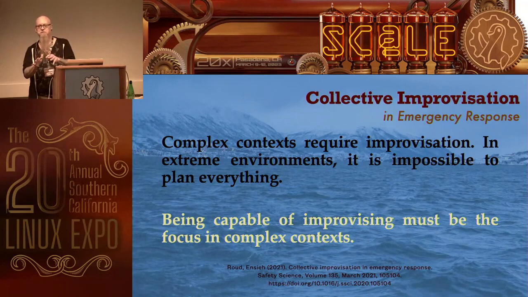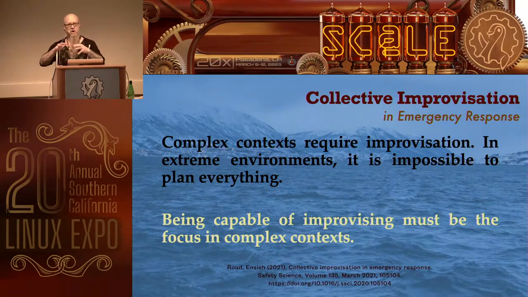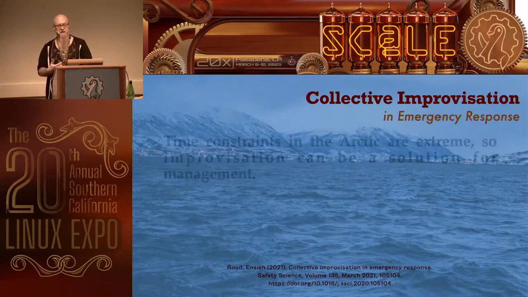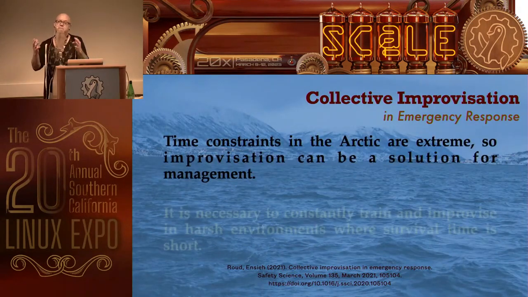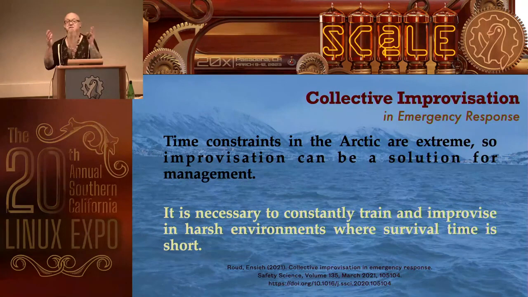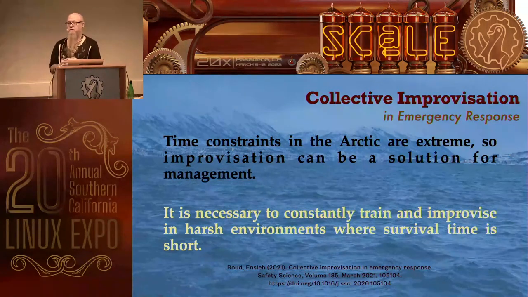So what I'm going to ask you to do here is to kind of translate here. Think about an Arctic rescue. Think about the kinds of things that they have to deal with. Seas, weather, animals, other boats, maybe other people. So there are all kinds of complexities that happen. There are even time constraints in Arctic rescue. It's really cold. You know, you can't be out in the cold that long as a human.